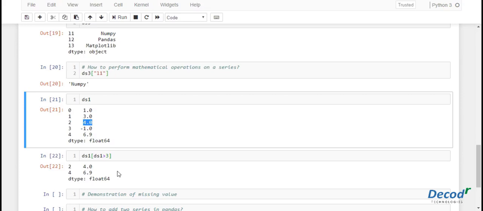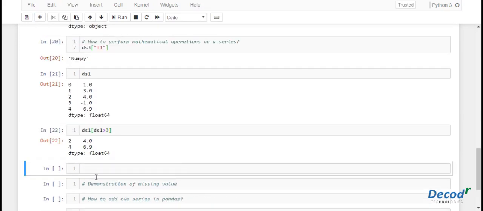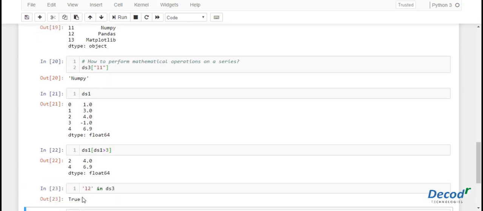Next one is if you want to check a certain index is present inside a series or not, then you can use in function. So the index L2 is present in ds3, so it returns true.